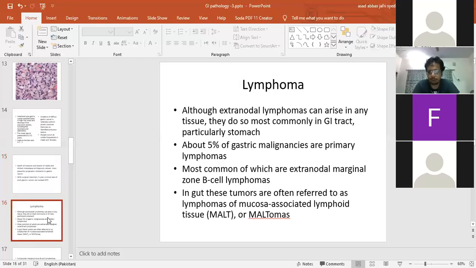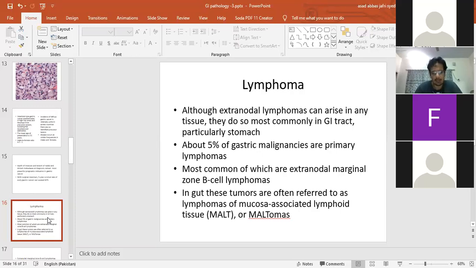Now, another important tumor that frequently involves the stomach, well, it's not as frequent as gastric adenocarcinoma, but nonetheless it's a fairly common tumor, is gastric lymphoma. Although lymphomas can arise in any tissue, they do so most commonly in the gastrointestinal tract, particularly the stomach. About 5% of gastric malignancies are primary gastric lymphomas, most common of which are extranodal marginal